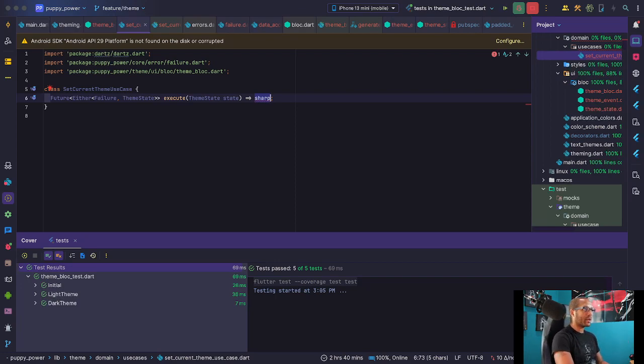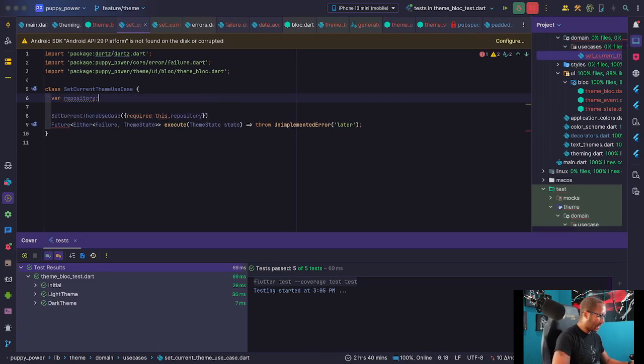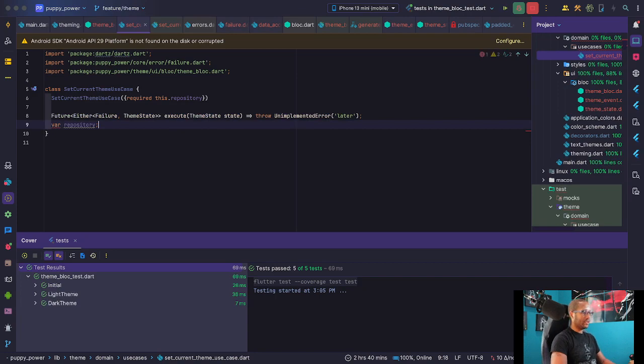So I think what I'm going to do here is create a constructor for this that has a required parameter of this repository. And that repository is going to be of type, you probably guessed,